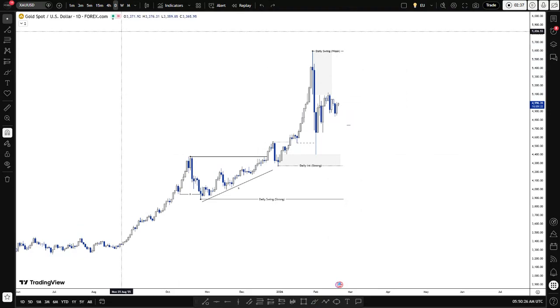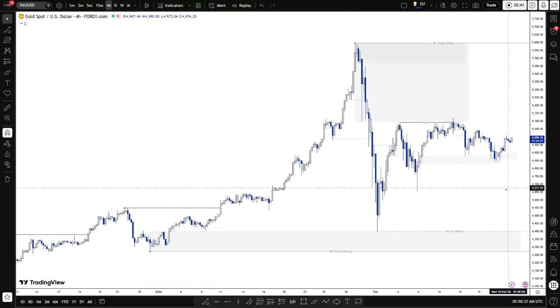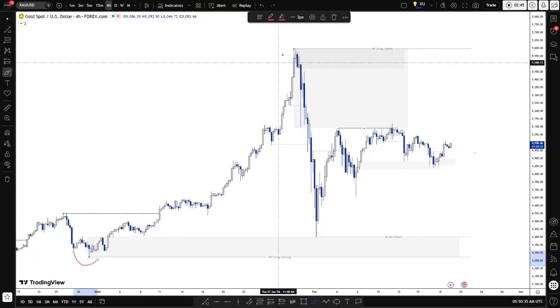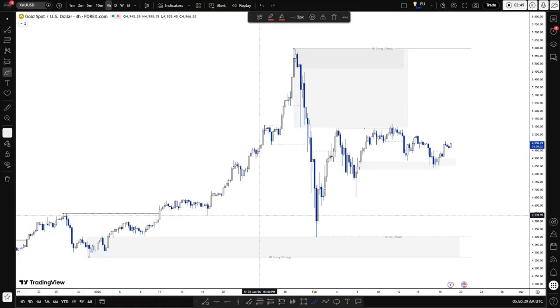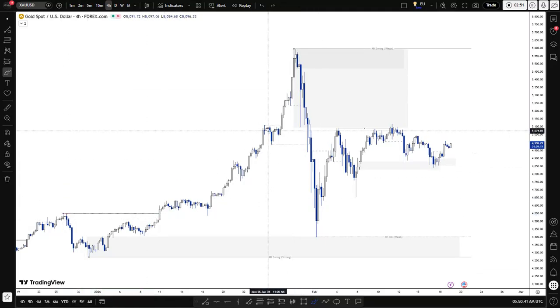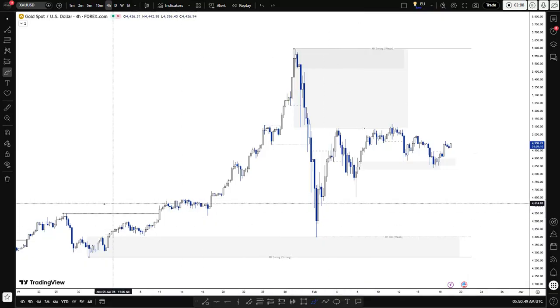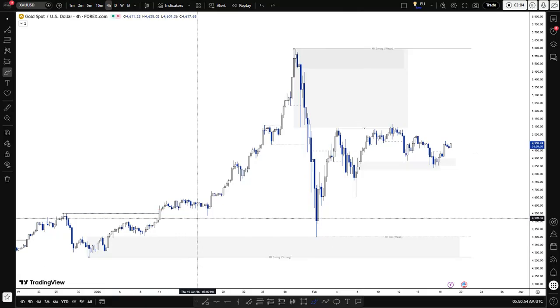So let's drop down to the 4-hour time frame. On the 4-hour time frame, my swing structure is bullish. This is my strong swing low, and this is my weak swing high, and this is the bullish breakout structure. And also within the 4-hour swing range, there's this internal structure which is bearish to facilitate the swing pullback.